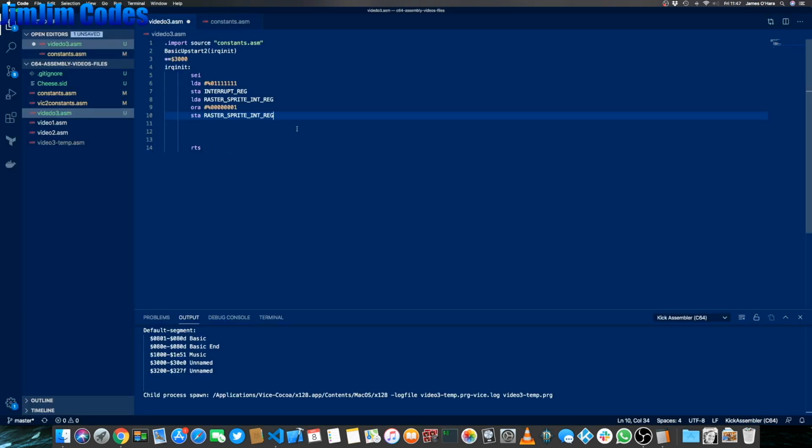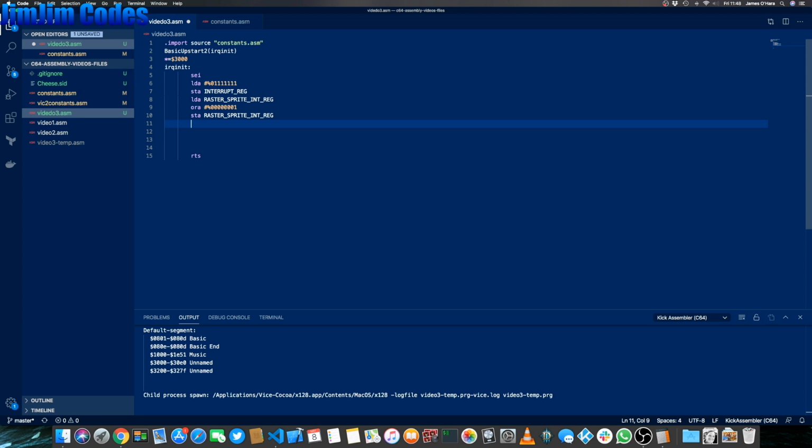So I would like interrupts at the topmost raster line, which is line 0. The way we do that is we need to make sure 0 is in D012, which is the 8-bit part of the address, and we need to make sure 0 is in the extra bit that's in D011, so that the entire number is 0. So our raster line will be generated at 0. Okay, so the way we do this